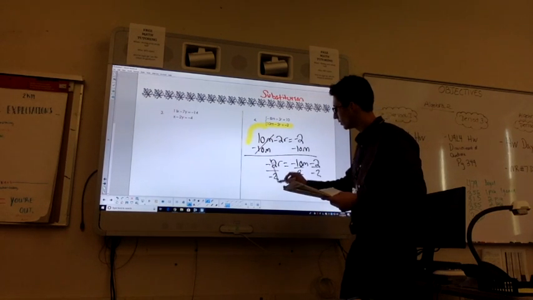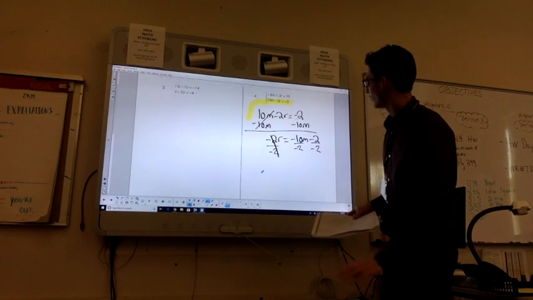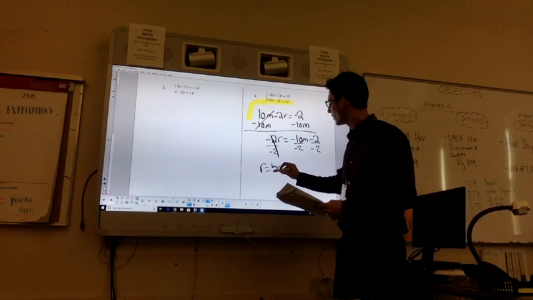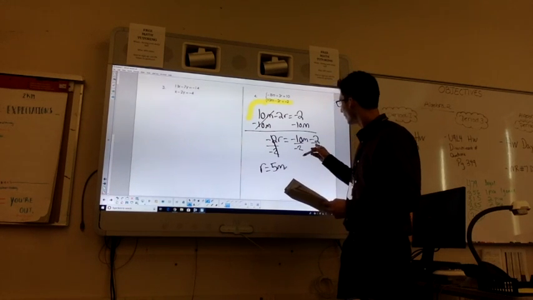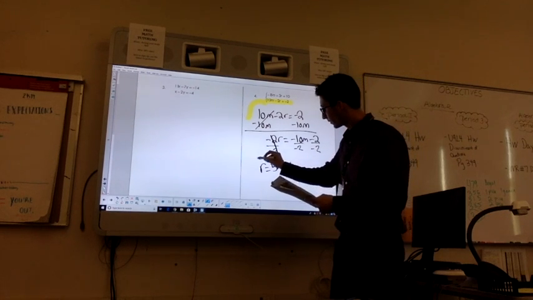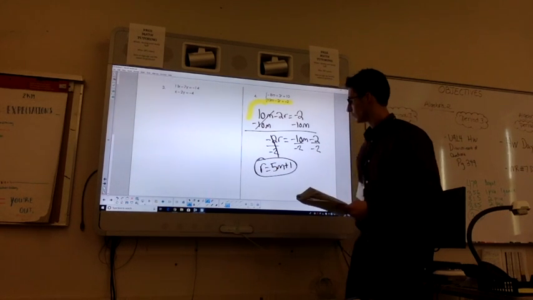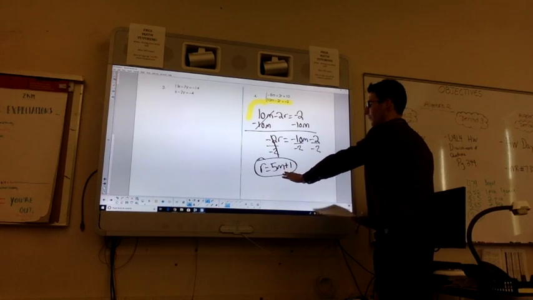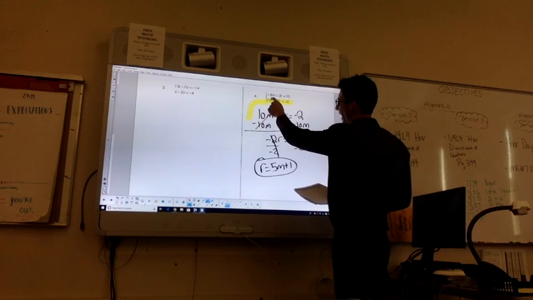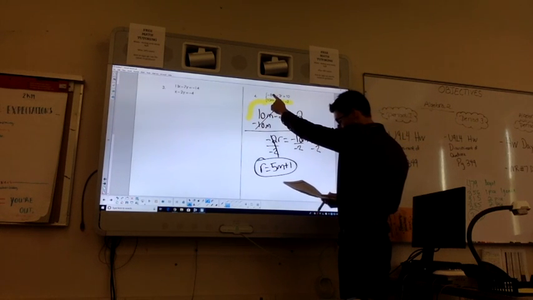Negative 2 cancels out. So r is equal to 5m plus 1. Okay. So we got r by itself, and now we want to substitute back into one of these equations to